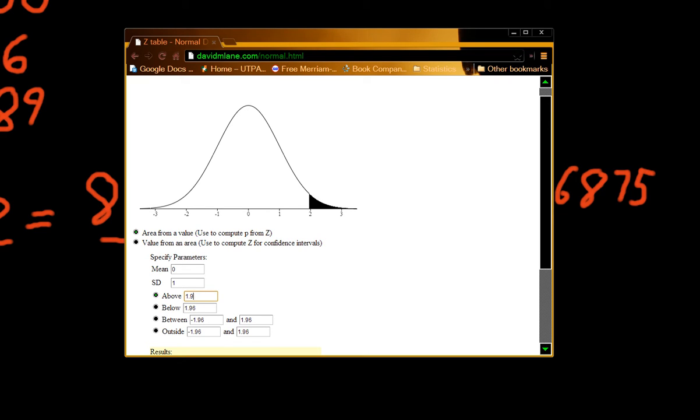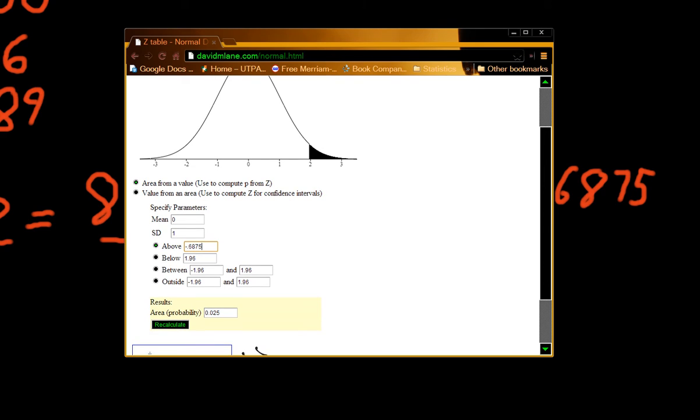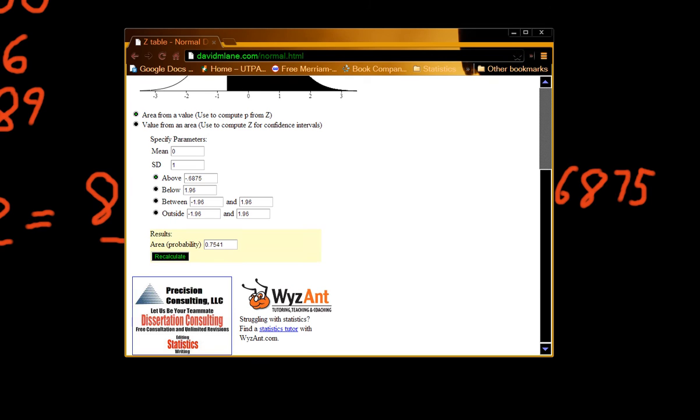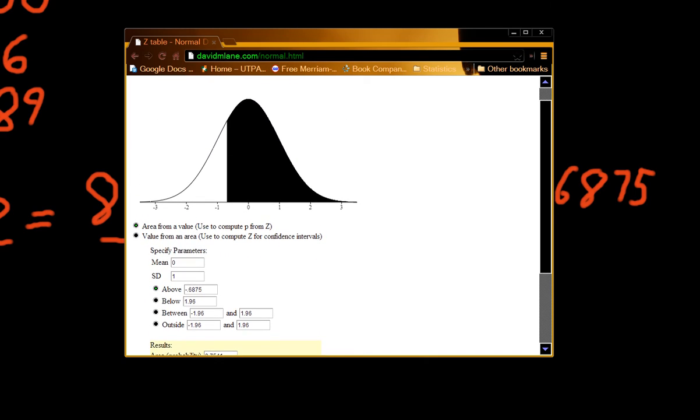0.6875. If we wanted to know what percentage of the scores would fall above that, we would leave it as above, put negative 0.6875, and ask for the results. And we can see that approximately 75% of the cases fall above our score. Now the inverse of that is going to be that 25% of the cases will fall below, but we can ask for that